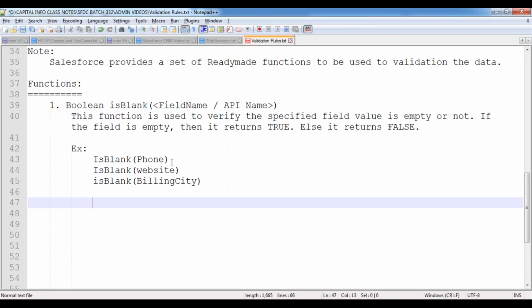So in this case, blank function we can achieve by making that field mandatory also, no? Sorry? Yes. Is it blank or not? We can verify that by making that field value mandatory also. But in this case, what will happen? Whenever I make the field required by using the required checkbox, it will show a red bar symbol. But I don't want to show the red bar symbol. I want to validate the data upon clicking the save button. So at that time, we can go with this is blank function with validation rules. Okay, sir. Thank you.